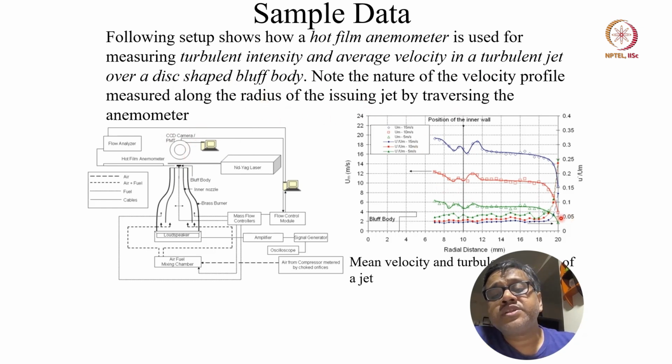So these are the velocity profiles that it actually measures. You can see that it measures all kinds of velocities, the mean and the turbulence. This is effectively measured by using this bluff body stabilized flow, flame, whatever you call it. This is the flow, where it shows how the flow actually varies with respect to the sample data. So this is just a simple setup which shows what is there in this kind of